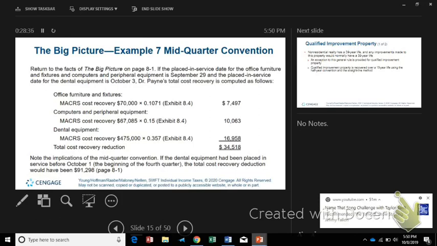We're going to do it both ways. Okay? Let's do it both ways. So, we're doing it right now. Let's do what he just said. We're doing the 6 month. We're going to treat it as if it was just a half year convention. So, this amount of money he purchased, $475 plus $67,085 plus $70,000 equals $612,085. All right, based on the mid-year convention, the half-year convention, these types of office equipment and everything are